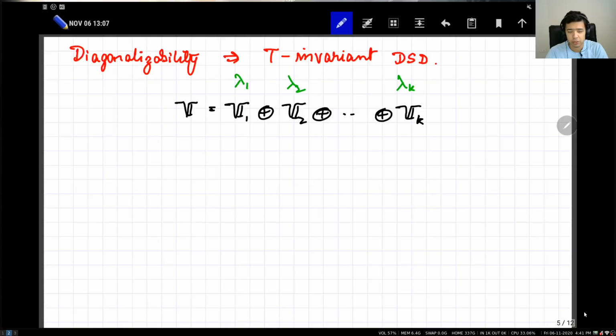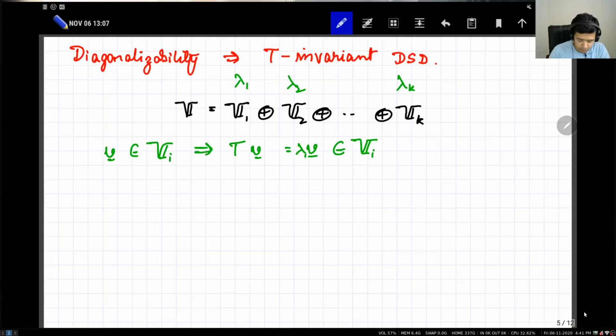And why can we do this? Firstly, notice that if Vi is the eigenspace corresponding to lambda 1, and you take any vector v from Vi, then T times v is equal to lambda 1 times v, which is also in Vi. So each eigenspace is obviously T invariant, but it's also a direct sum decomposition